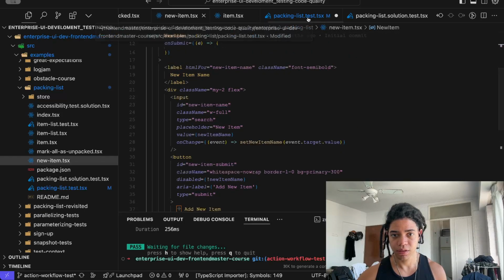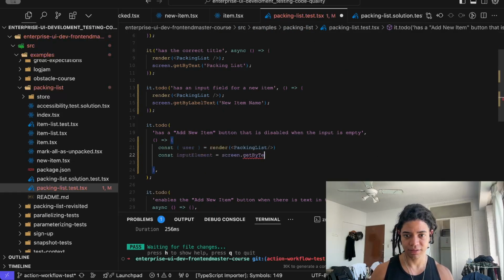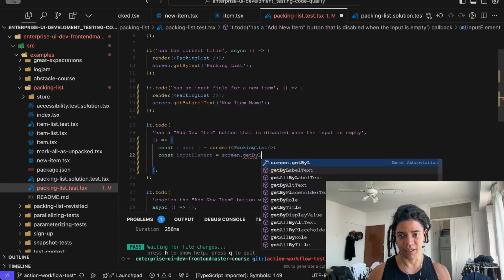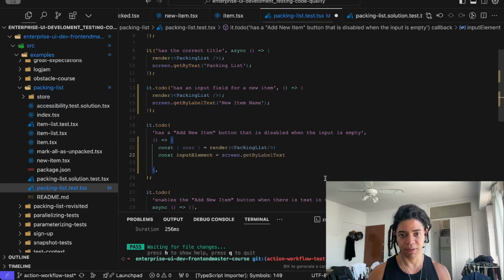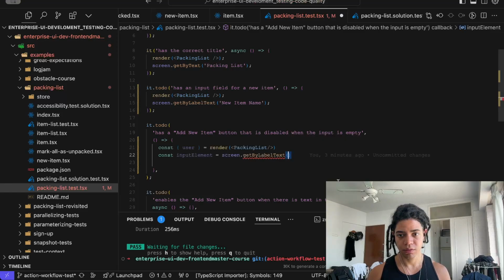Okay. You say, hey, I want to get by label text, which is the input here, new item input, item input, and that is new